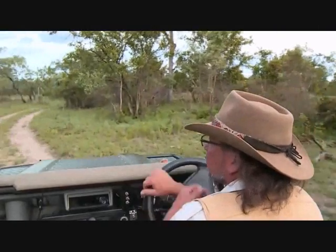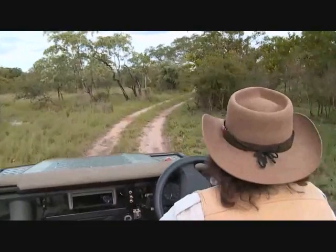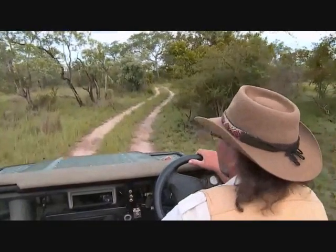Quite a big herd. Well, my guess is I'm seeing some impala here too. We can stop and look at some impala. Impala are one of the most common antelope that we have here